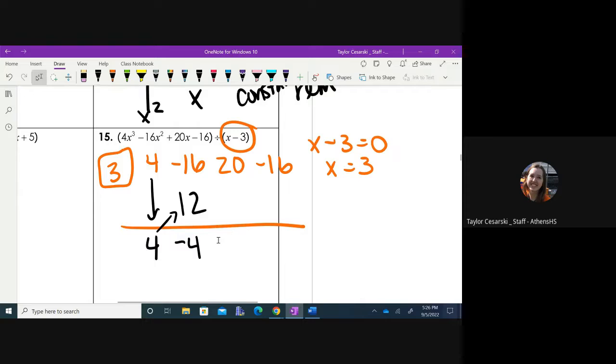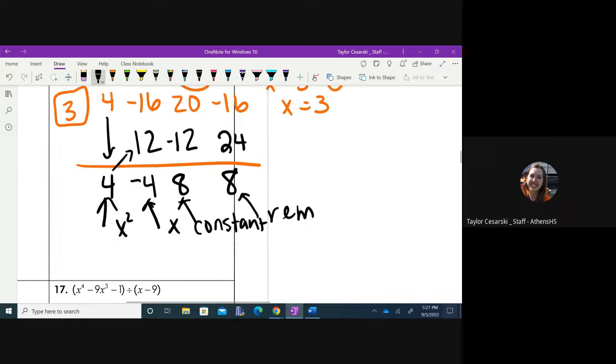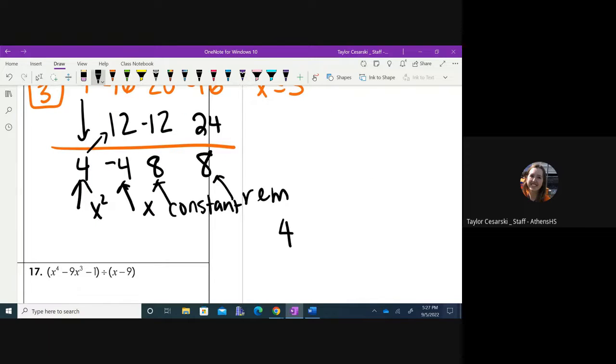Multiply by what's in your box. That gives me negative 12. Add down, that's 8. 8 times 3 is 24. Add down is 8. So remember, this is your remainder. This is your constant. This is your x. And this is your x squared. So it will look like 4x squared minus 4x plus 8, and then your remainder, which is 8 right here,